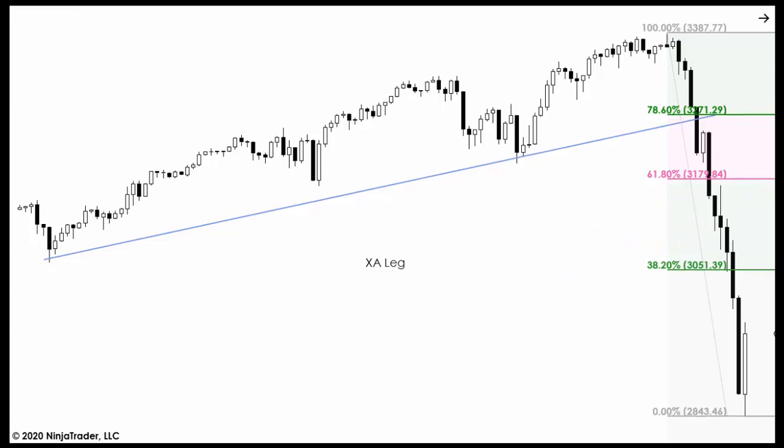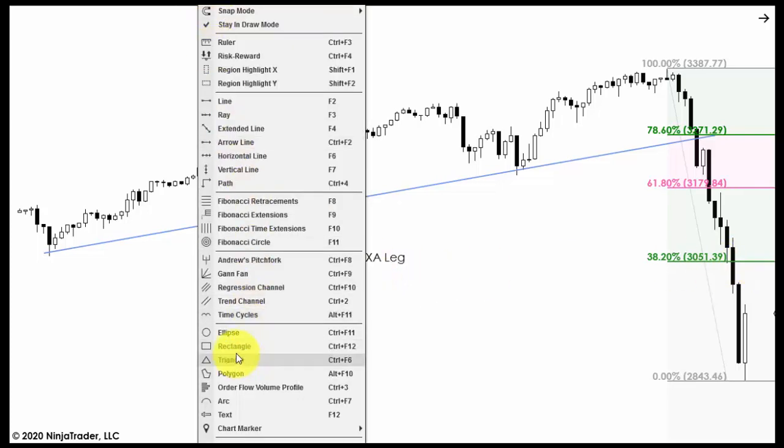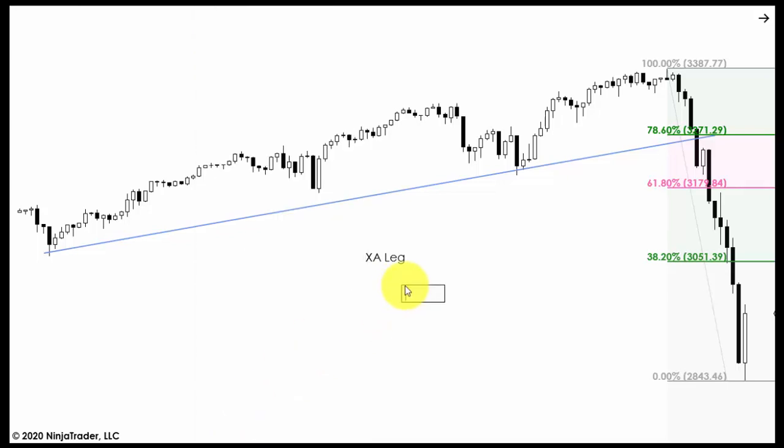So that said, I'm going to tighten this down. And now we're going to go bar by bar, and we're just going to look at the possible retracement. Now, do I want to just automatically sell the 382 Fibonacci retracement? Not necessarily. I can look for qualified trade signals right here, which could be, as an example, because we want to be sellers, a 2-bar candle pattern. So this might be a doji followed by a lower close. Then you could literally take action, and that would equal a short entry,